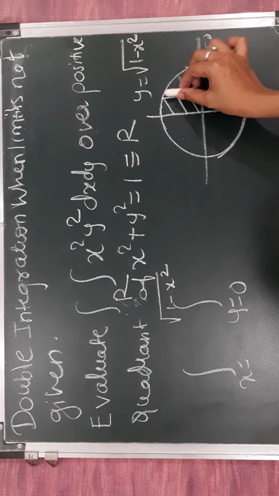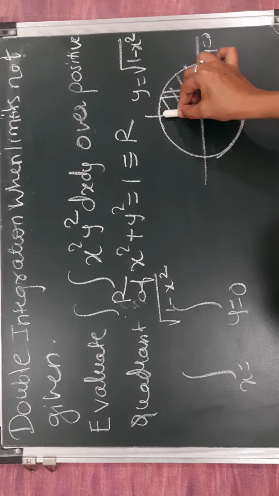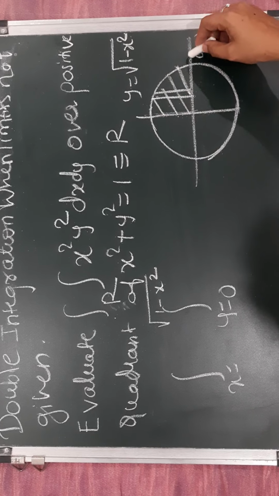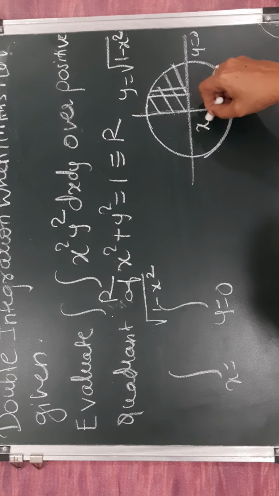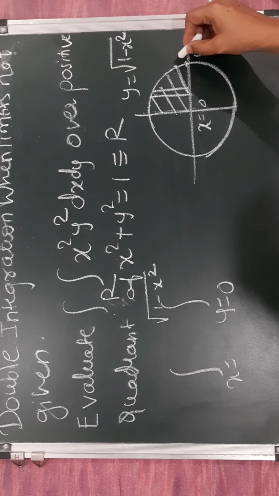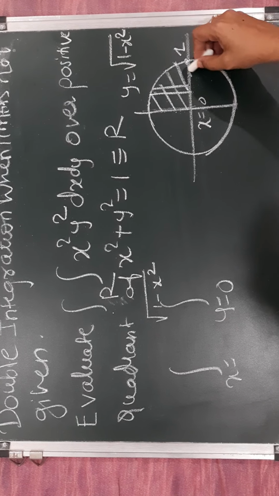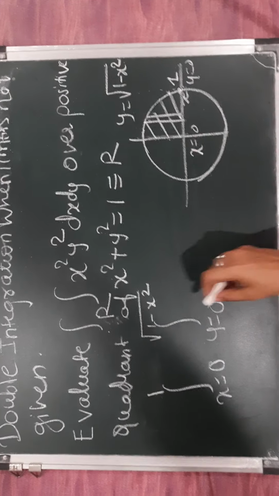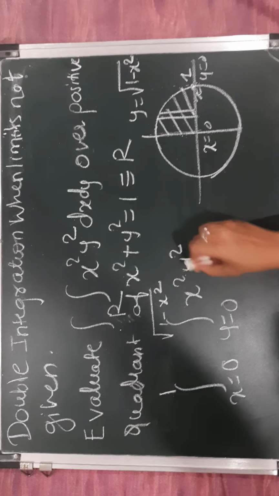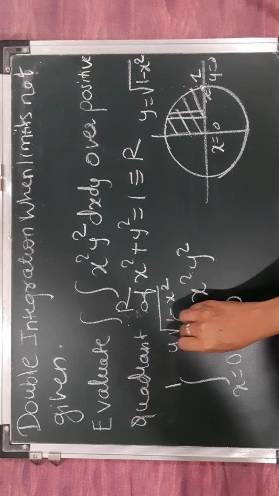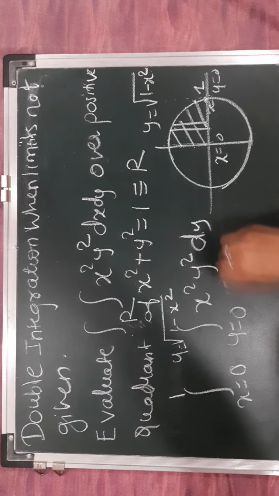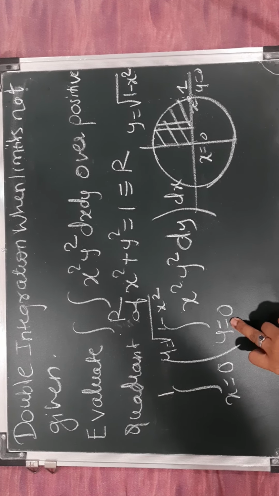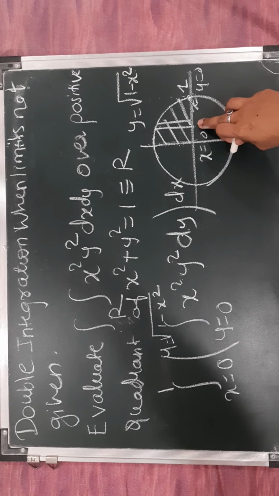And then when I move this vertical strip from the starting point, this part of the required area, till the end point, here x is 0 and here x is 1, the radius of the circle. So therefore it is bounded between these two lines. So x is equal to 0 to 1 of x square y square, whose limits I have taken first? Internal y. So first I have to integrate with respect to y and then with respect to x. So is it clear? This is by using a vertical strip.